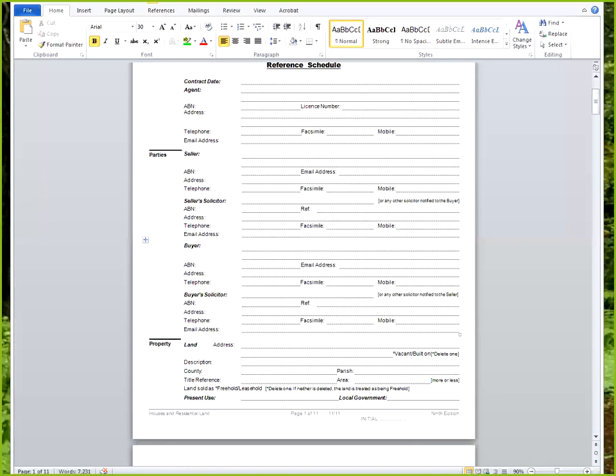If, for example, you're engaged by, let's say, a young couple purchasing their first home, one would think in ordinary circumstances that the property would be purchased by both of them, nominated as the buyer. There's nothing wrong with that, but you may need to ask some questions. For example, if one of the parties to buy the property is about to embark on a business venture which might carry with it some risk, or has already embarked on a business venture which carries some risk,